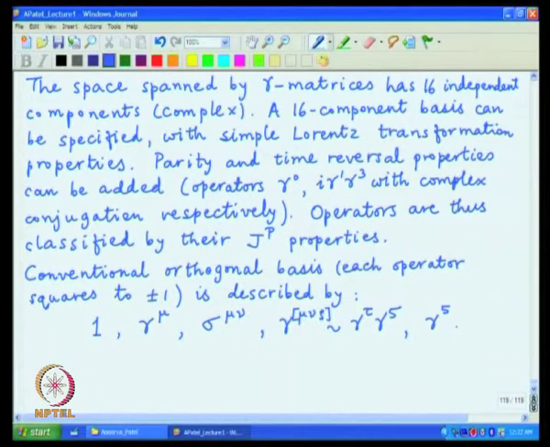The list ends here in a sense, because if you count the number of operators,